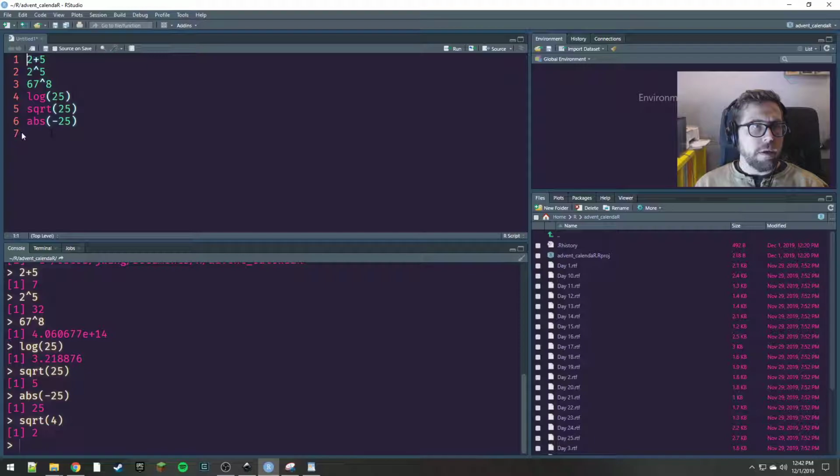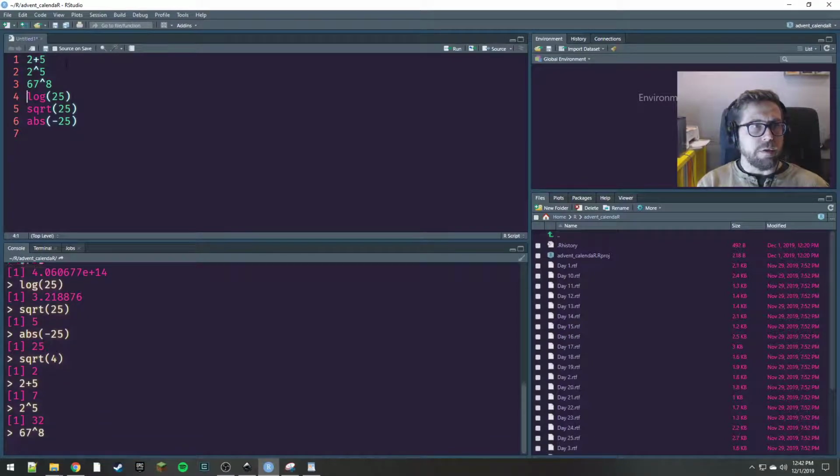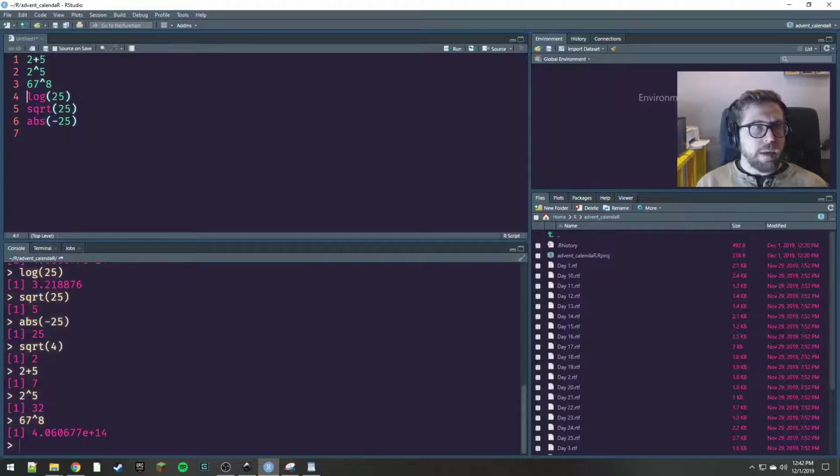You can see that yesterday's code is still here. This was sort of that basic calculator code we were working through yesterday. You can run each of these lines by just hitting Control Enter. And then, like I said yesterday, these last 3 lines here are functions. You can tell they're functions because they have a parentheses after them and then a value that the function is